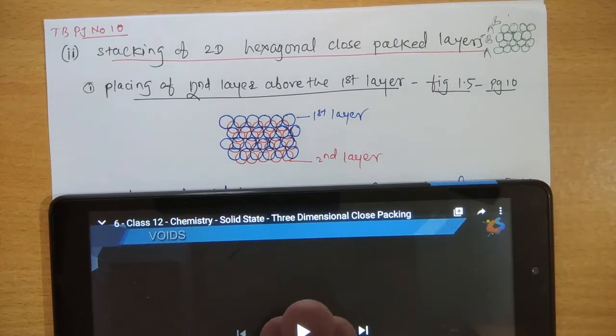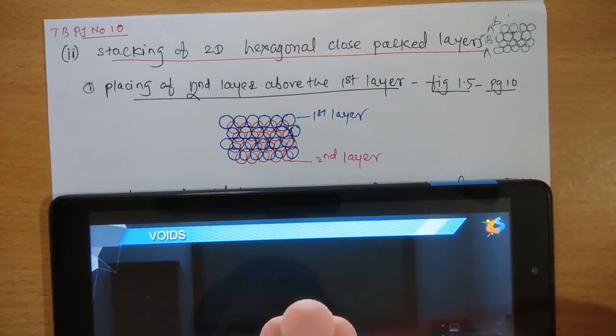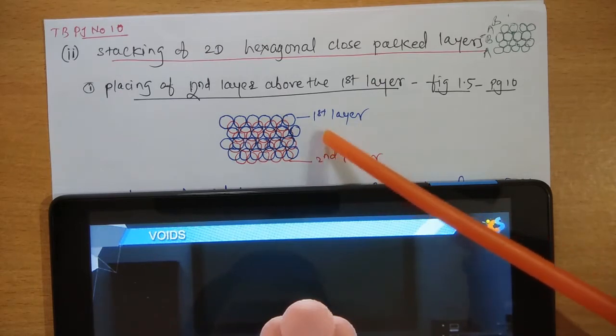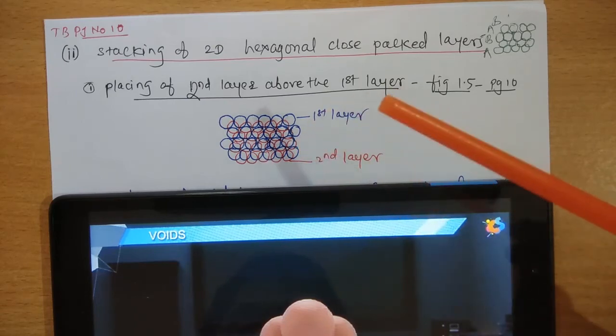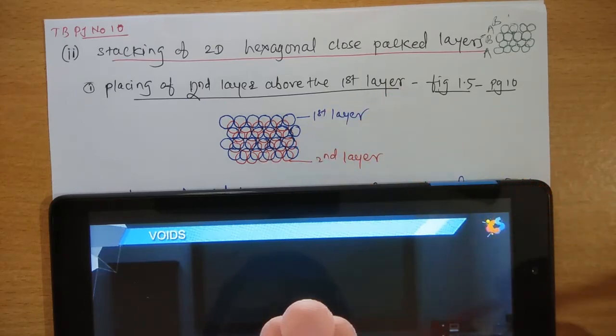Some of the triangular voids of the first layer are covered by the spheres of the second layer, and some of the triangular voids are uncovered. Two types of voids are formed at this stage when the second layer is placed over the first layer: one is tetrahedral voids, another is octahedral voids.